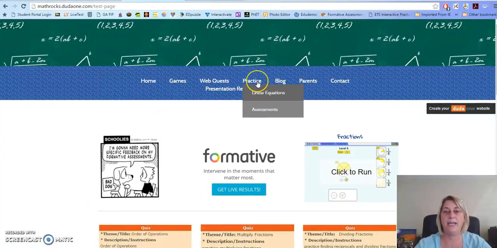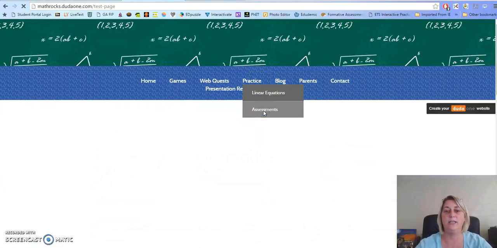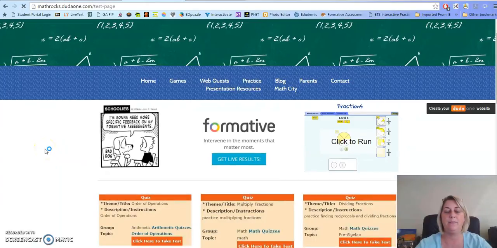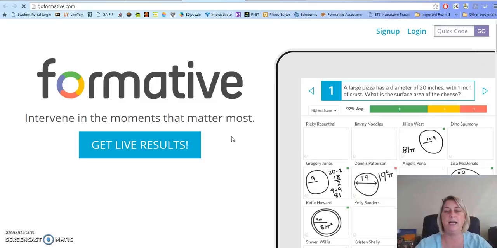The next page, the one I talk about, is also under the practice tab, and that is called assessments. So this page is actually a landing page that I would direct students to in order to do quick formative assessments. I did utilize, for example, the Go Formative website, so the students can click in here and I can provide them a quick code so that we can do a quick formative assessment of whatever the topic is that I